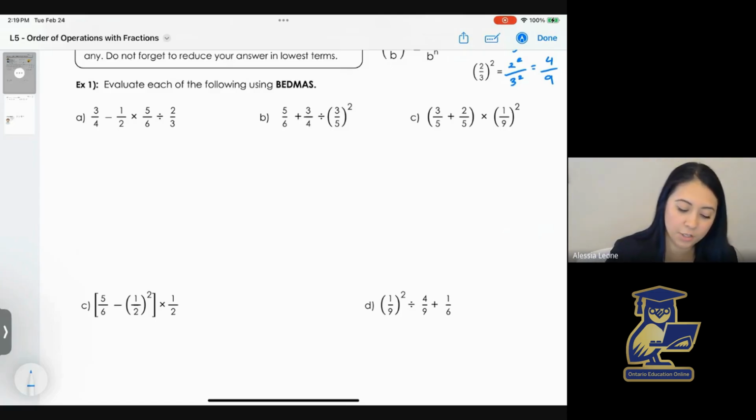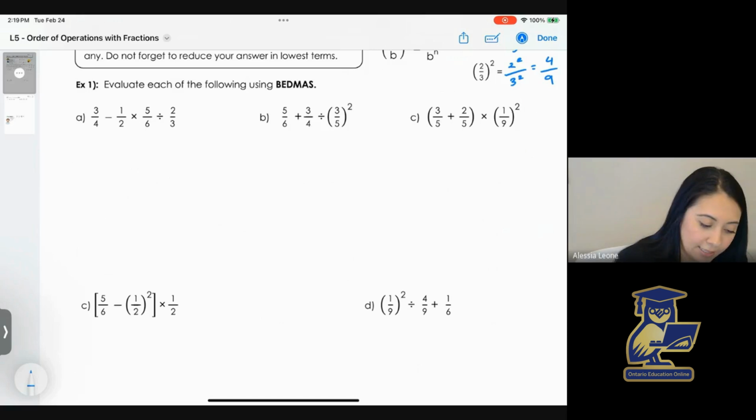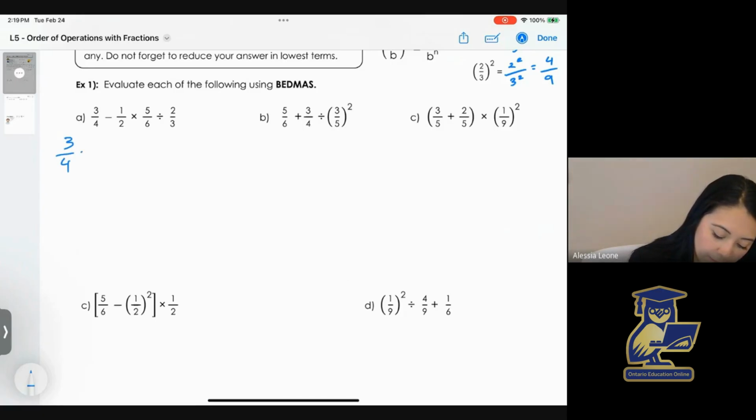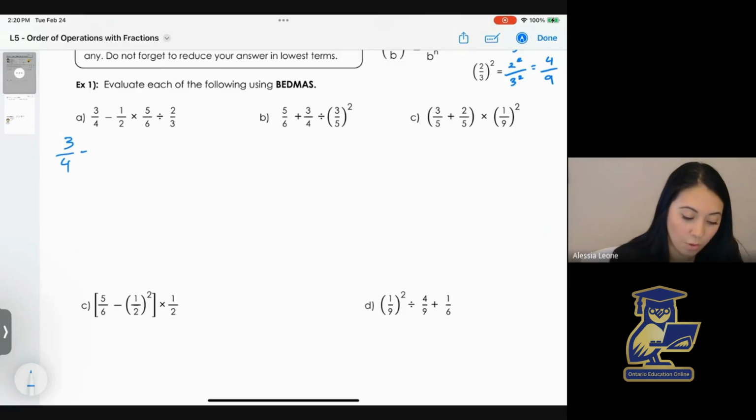Let's begin. So A, we see our equation of fractions there, and we see we have subtraction, multiplication, and division. So according to BEDMAS, we know we have to do multiplication and division first and subtraction after. Let's begin. We are working from left to right. So we will keep our 3/4 there because we're not working with our subtraction yet. But multiplication shows up first. So we will do